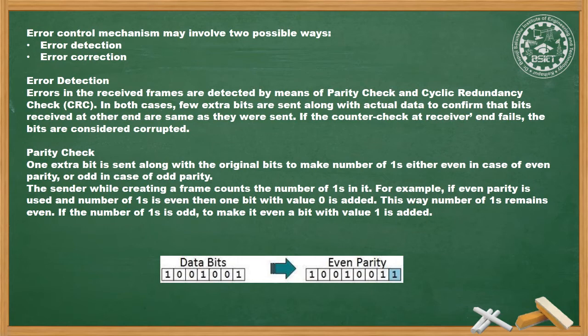See the example, data bits are 1 0 0 1 0 0 1. So total number of ones is 3 in the data bits. But as we are taking example of even parity, number of ones should be even. So to the data bits with 3 ones we added one more 1 to make the parity even. So now the number of ones are 4, which is an even number. Right? If we were following odd parity, since there are 3 ones, we would only have had to add a 0 bit. So in that case the number of ones would have remained odd. Okay.